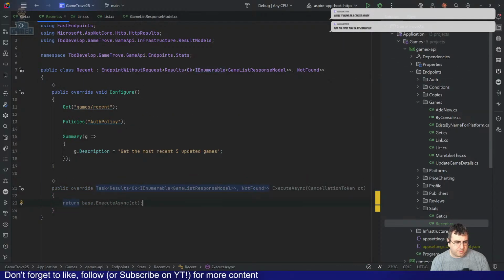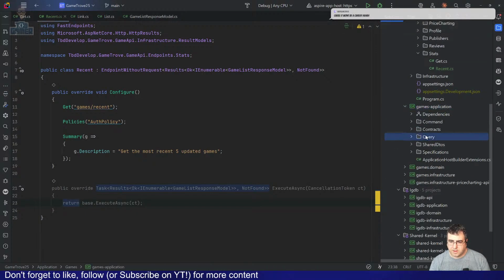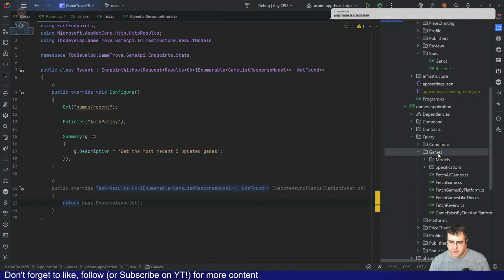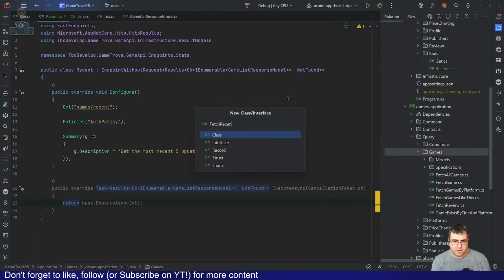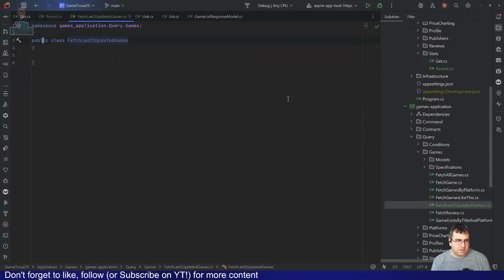Execute. So this will do. What I'll do is we'll go over here to the application layer, create a query, games, fetch 5 dated games, static public class query.